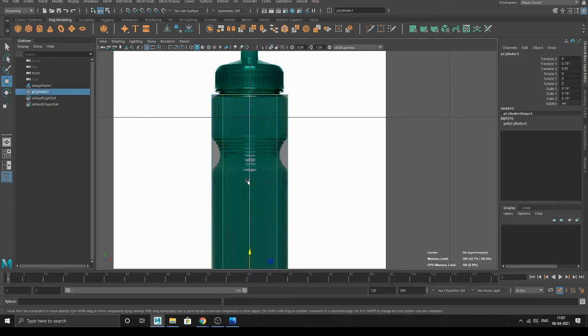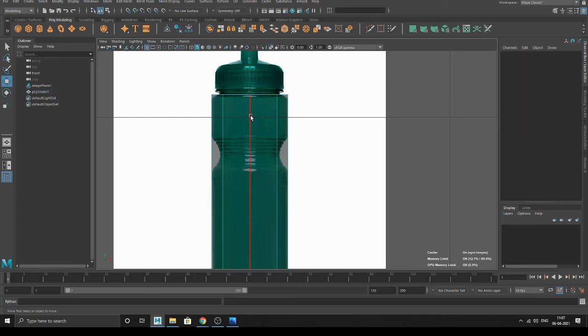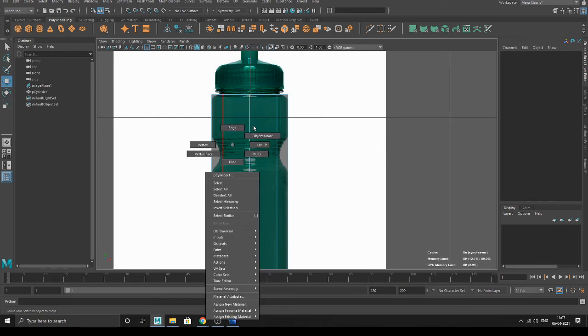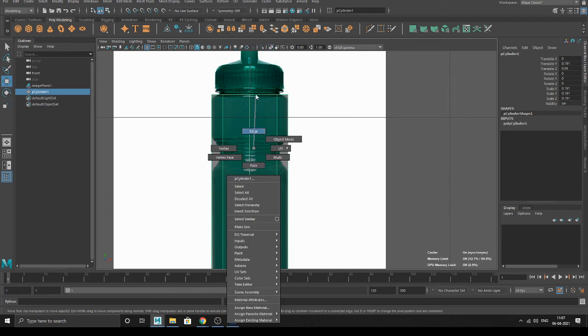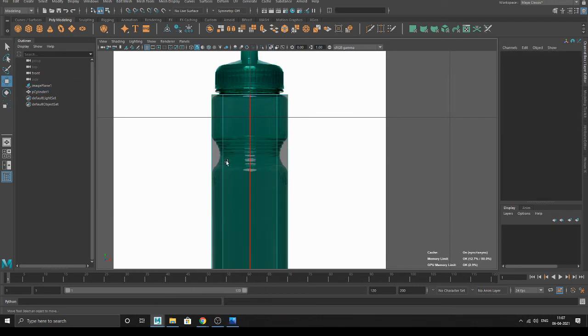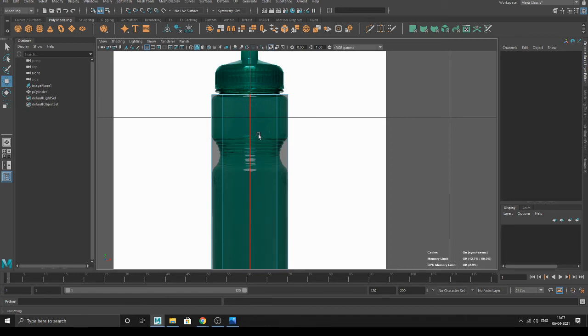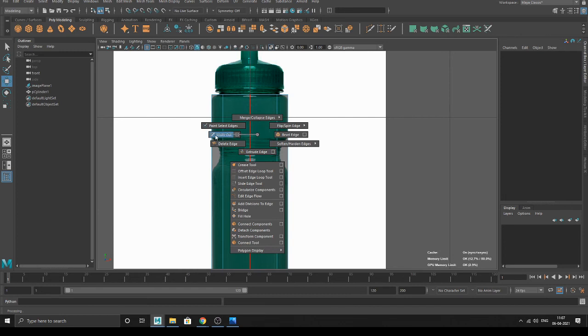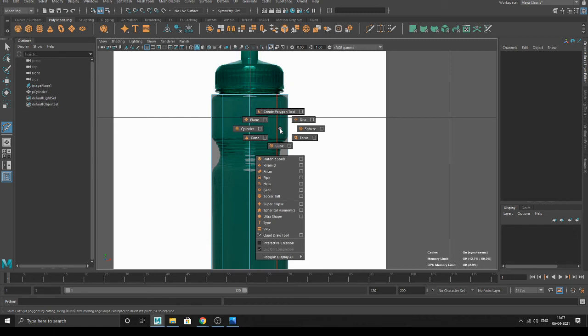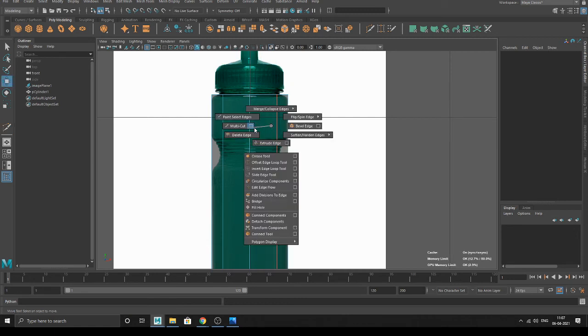So first thing, go in edge mode. You want to add an edge, so which mode will you switch to? Edge mode. From object mode, you'll go in edge mode: right click, edge mode, and then shift right click on the object. When you press shift right click, you can see multi-cut. Drag your right click over here. Do not click on this box over here, okay?